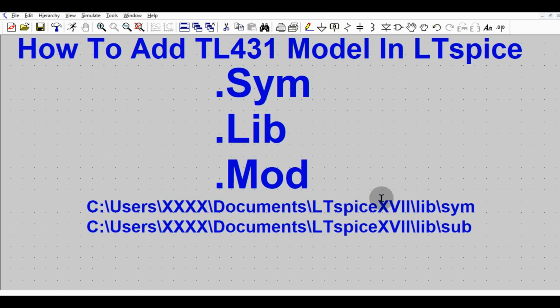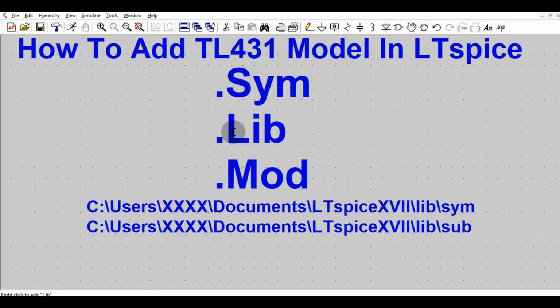If you have downloaded and installed this version, it is LTSpiceXVII. Then you have the folder lib, then you have the folder sym, or symbol. In this folder you can place your .sym file. I've already shown you the three files. Among those three files, the .sym file you can place here, right? You can place it in this path in your laptop or computer, right?